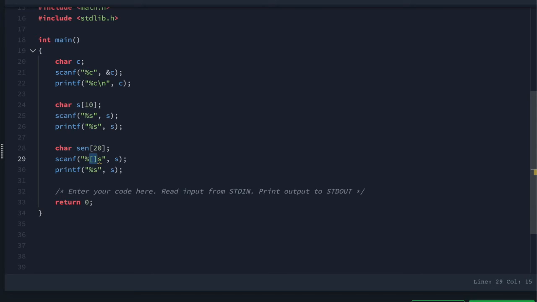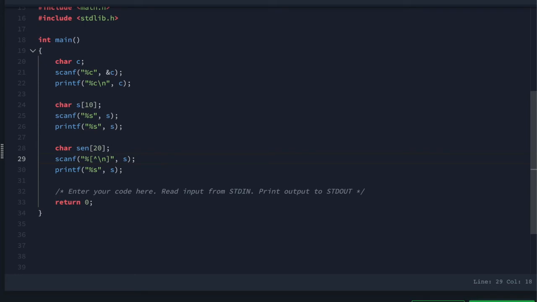But how should scanf know when it should stop? We tell scanf that it should stop at \n. This upper arrow represents that as soon as the user enters \n, which is the enter character, as soon as they press enter, it should stop reading the input. With this, you will say that \n is done.